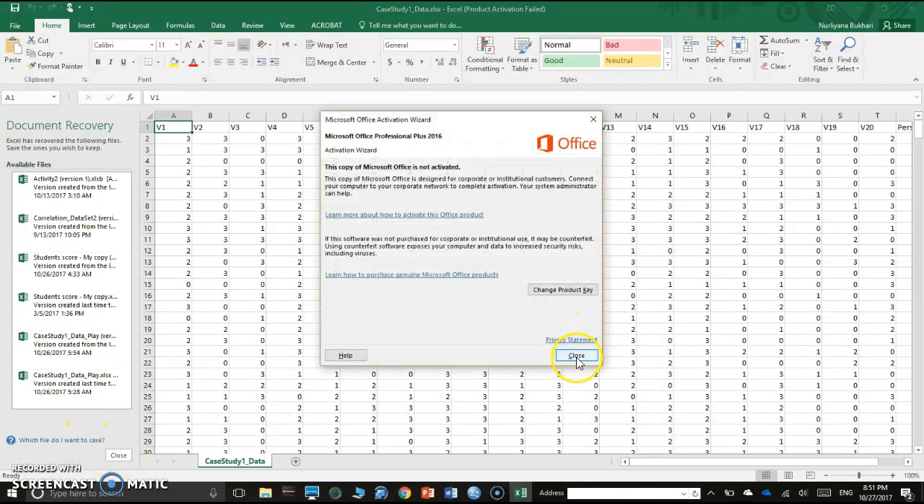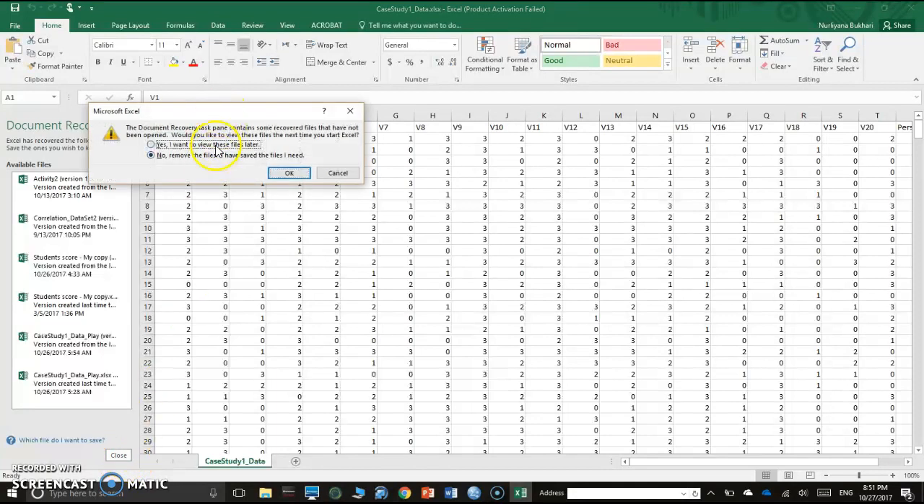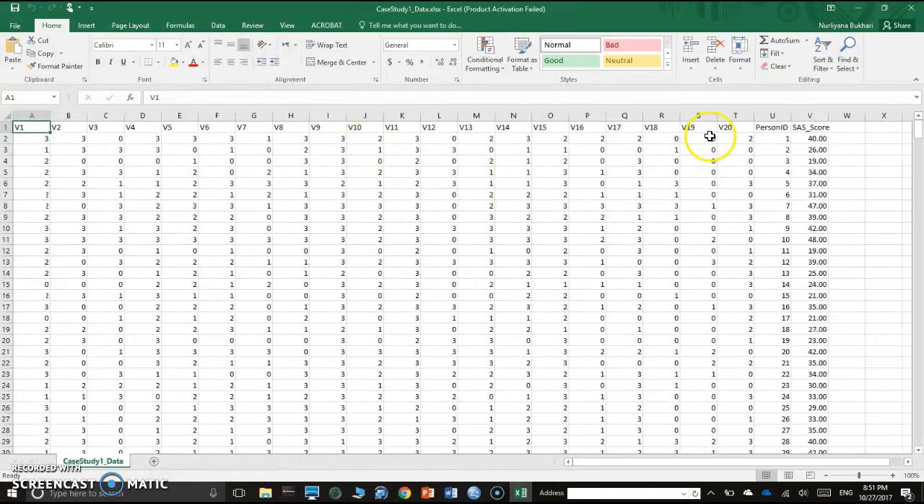Okay, there you go. So here, basically we have the same 20 items from SPSS, the person ID, and the SAS underscore score that we computed in SPSS earlier. So I will still show how to do this in Excel. Okay, but before that, we're going to prepare our Excel